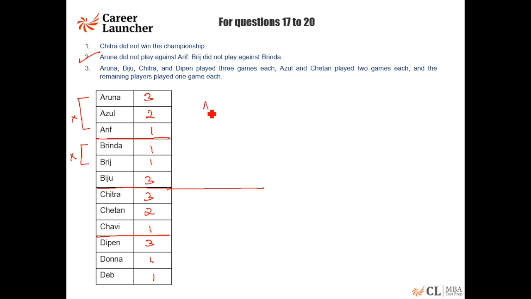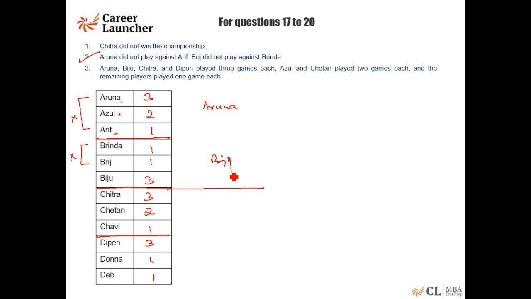Obviously, Aruna. As explained earlier, Aruna will be the winner. Arif has to be the third, either rank 2 or 3 player. Arif lost the first match after playing with Azul. Azul won, met Aruna, second match lost. So Aruna first game with Azul, second game would be with the winner of, and this is going to be